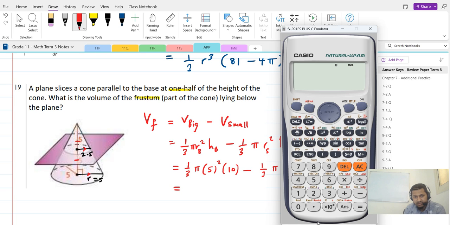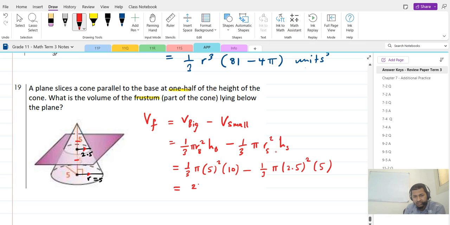So what we have here is 1 over 3 shift pi times 5 squared times 10. We're getting 250 pi over 3